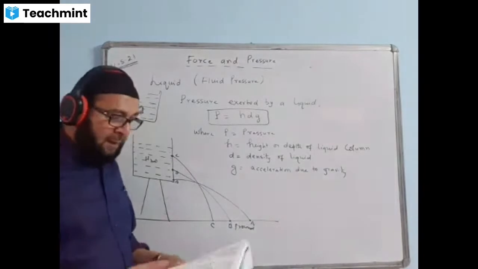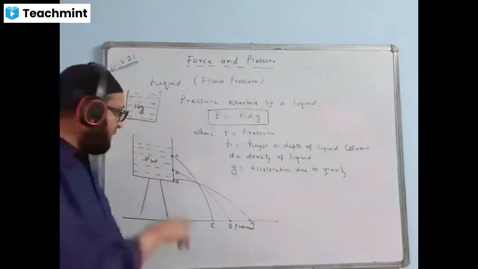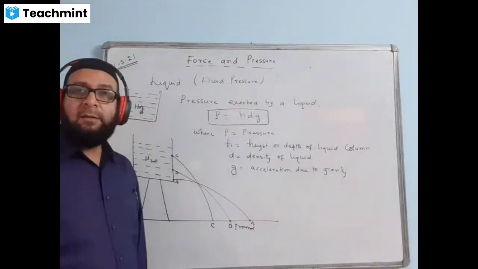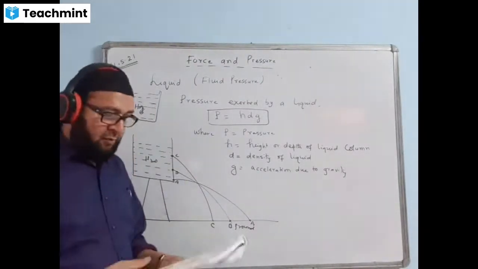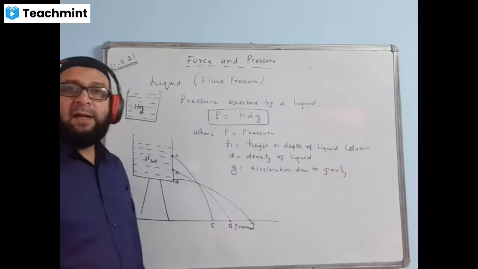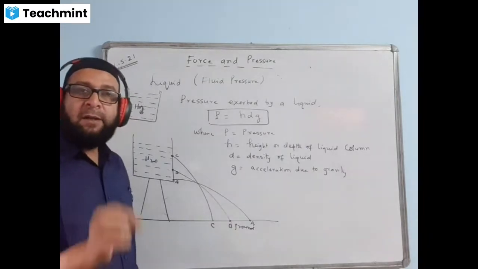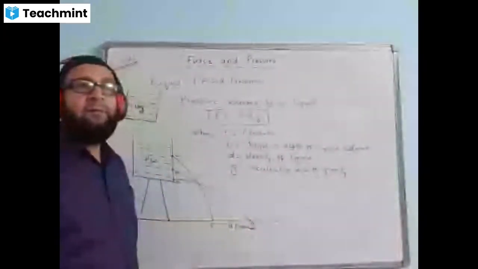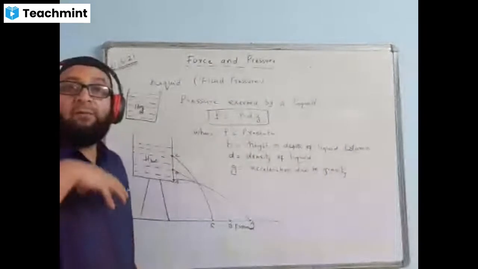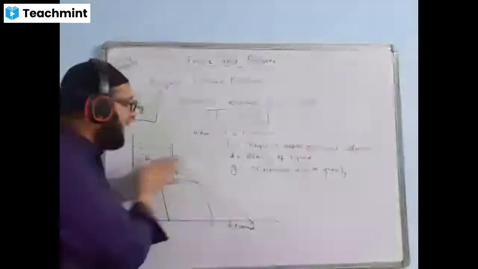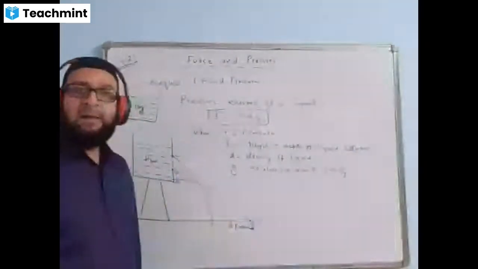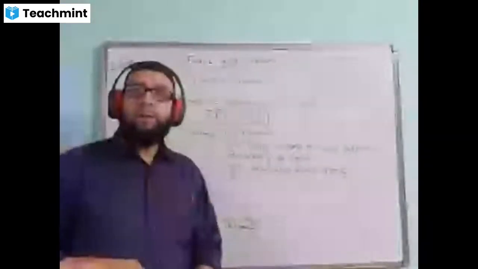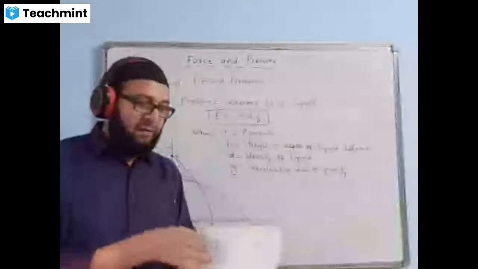We have another example given in the book only. We are taking the balloon now sideways. One deflated balloon is taken at the wall of the container. And when water is filled in it, what happens to the balloon? The balloon again gets inflated. Balloon again bulges out. So this experiment proves that the liquid exerts pressure even on the wall of a container. Sideways also it will exert pressure. It is not that the liquid only exerts the pressure at the bottom, but it also exerts pressure sideways.